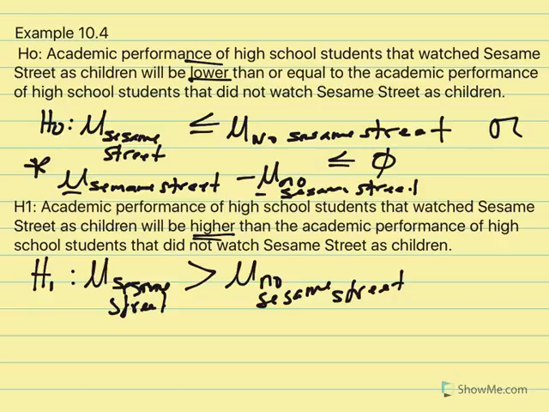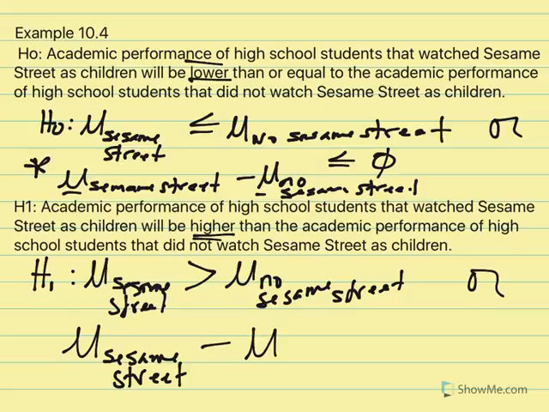Again, it doesn't include the equal because the equal is reserved for the null. So the research or alternative is strictly indicating the direction that we expect. In this case, we expect those who watch Sesame Street to have higher academic performance than those who did not. Or we could have it written in this fashion. So the mean of those who watched minus the average of those who did not watch